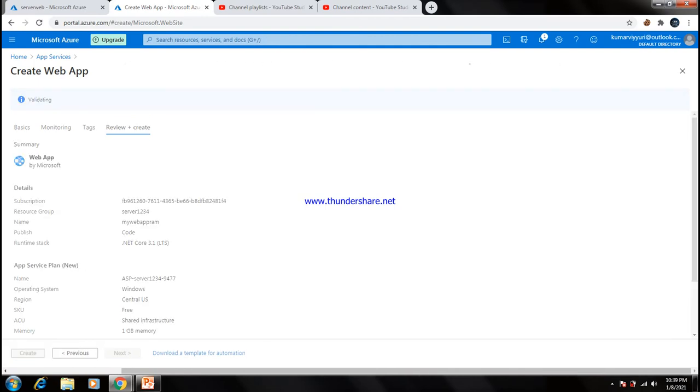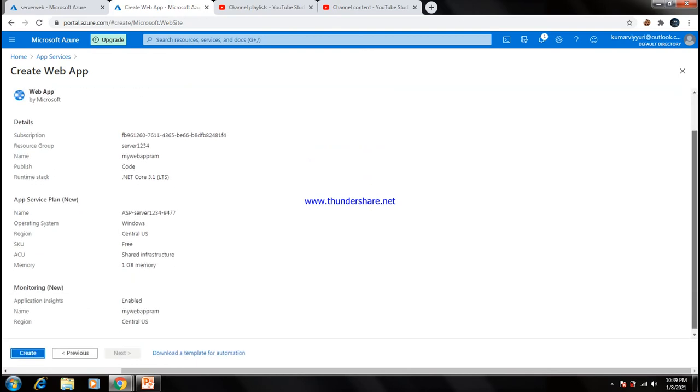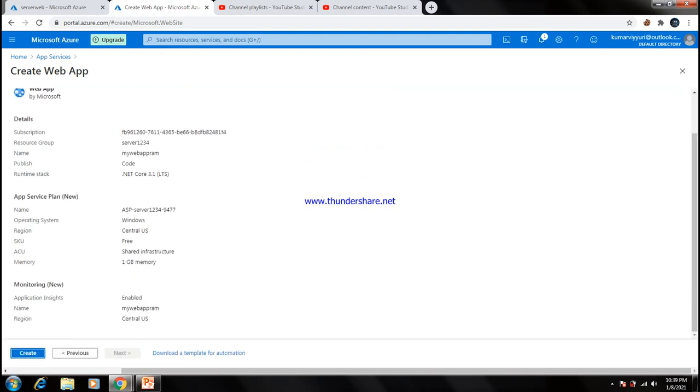Once created, first it will show all the details of your app service: the subscription, the resource group, the name, the code, and which place you are deploying. All the things are available. Then you can give create.